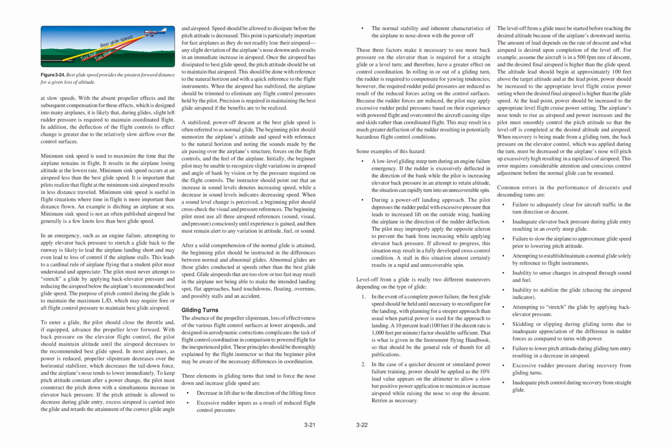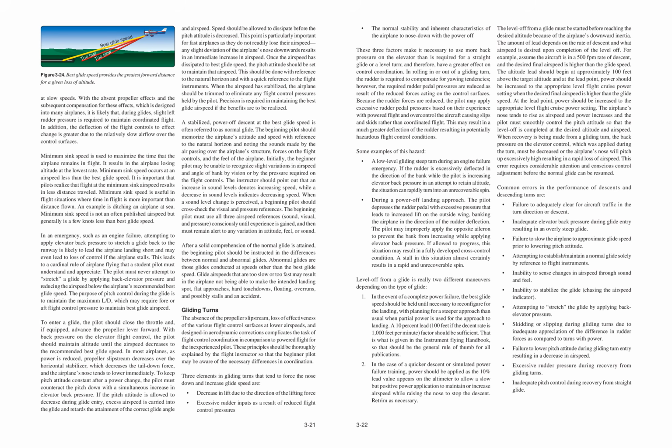Level off from a glide is really two different maneuvers depending on the type of glide. 1. In the event of a complete power failure, the best glide speed should be held until necessary to reconfigure for the landing, with planning for a steeper approach than usual when partial power is used for the approach to landing. A 10% lead, 100 feet if the descent rate is 1,000 feet per minute, factor should be sufficient. That is what is given in the Instrument Flying Handbook, so that should be the general rule of thumb for